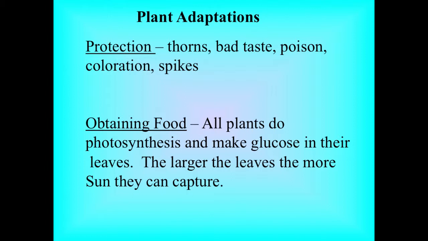As you know, plants, which we call producers or autotrophs, make their own food through photosynthesis. And they do this through the green chlorophyll pigment in the chloroplasts in their leaves. So therefore, the larger the leaves, the more sun that they can capture. You probably realized this when you were talking about tropical plants. They tend to have very big, broad, wide leaves. This allows them to gather more sunlight for photosynthesis and more food. So then why don't cactus have really big, broad leaves? They live in the desert and they have plenty of sunlight. But that's a separate adaptation to account for the lack of water.